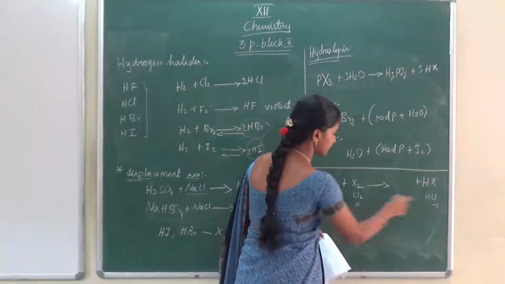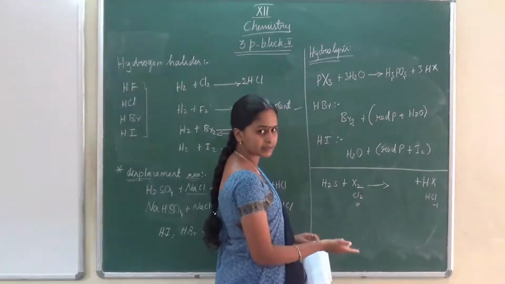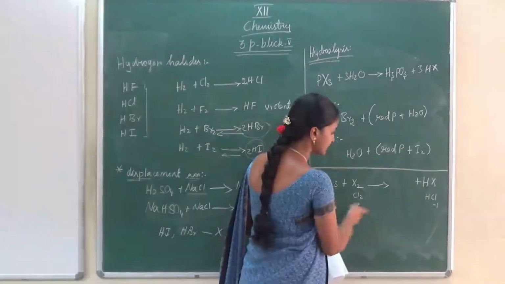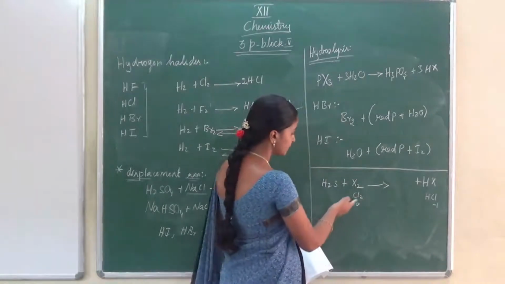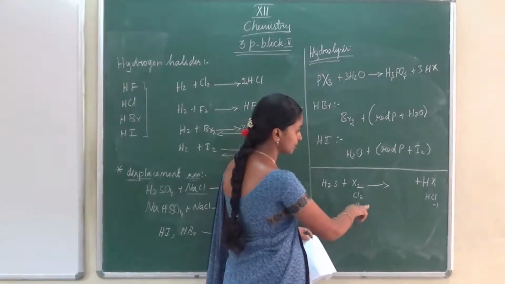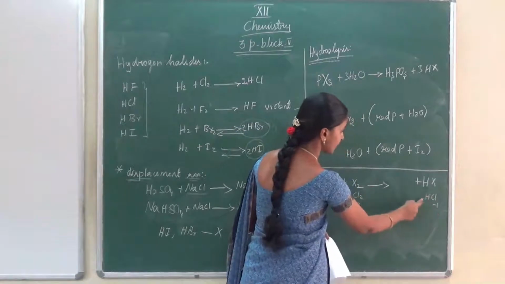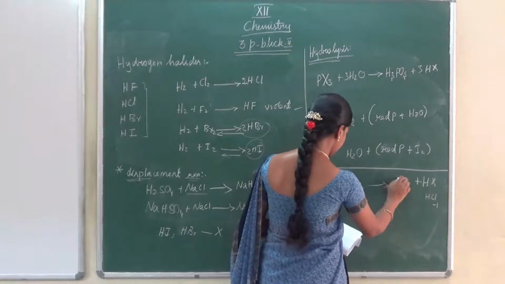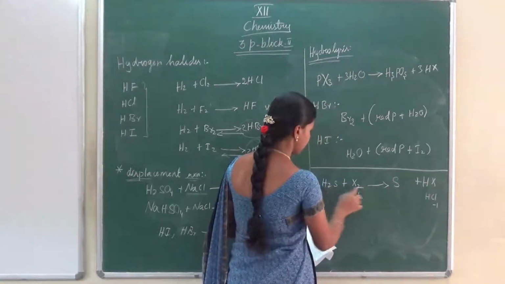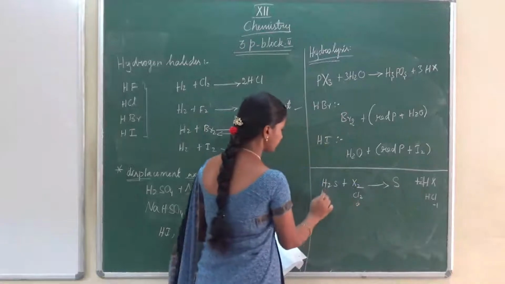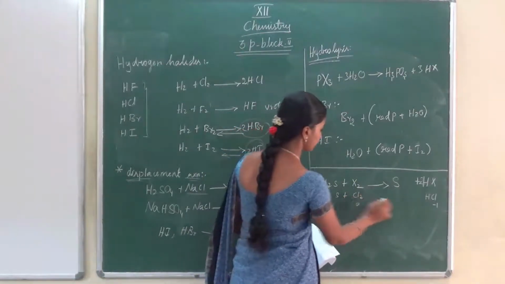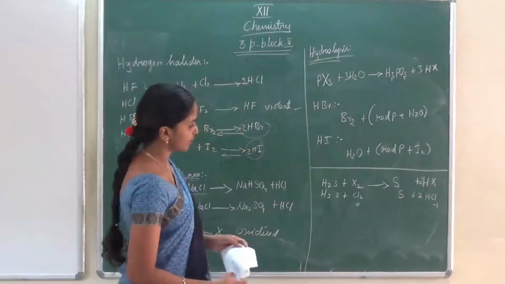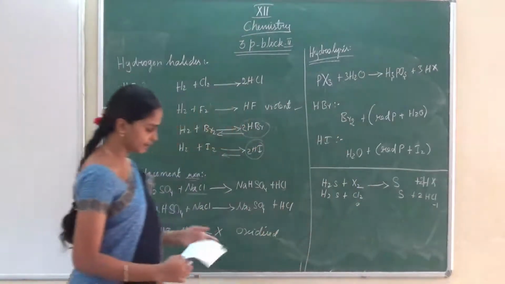When the oxidation number is decreasing, we can say it is a reduction reaction, isn't it? If it increases, it is oxidation. If it decreases, it is a reduction reaction. So here the chlorine is reduced and converted into chloride, hydrochloric acid. Now what is remaining here? The remaining is sulfur. In H2S reacting with chlorine, it produces 2HCl and sulfur, like this. Now we can copy all these reactions.